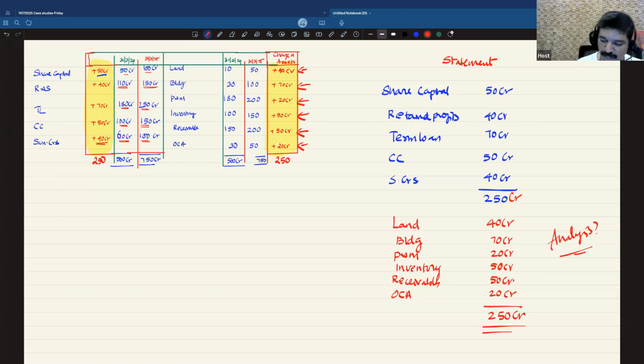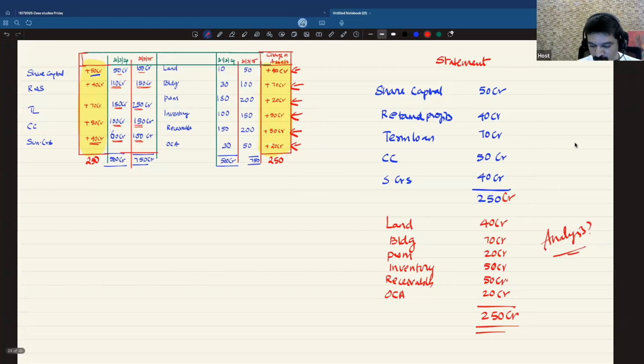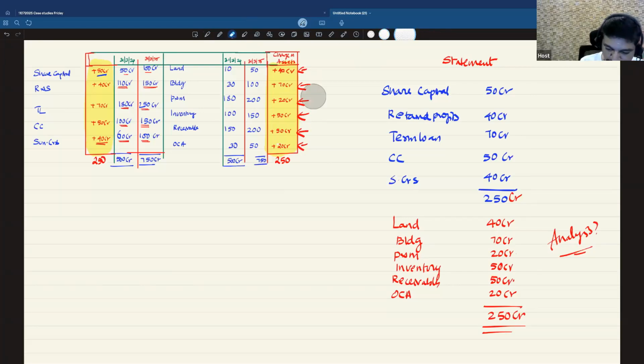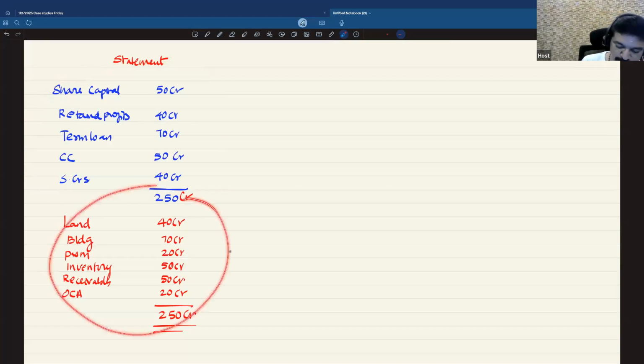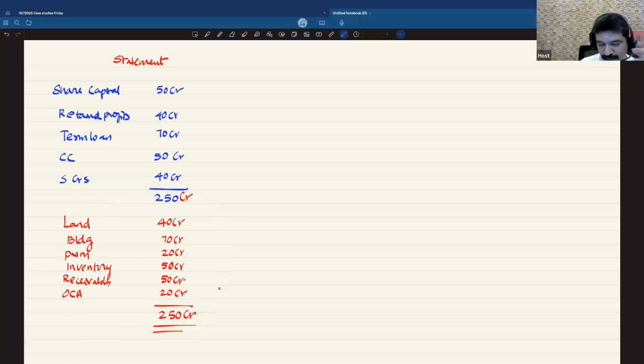If you want to really do some analysis, you have to slightly alter the structure. What alteration? Let me just clear this. Listen. Here, funds have come from multiple sources and funds have been used for multiple uses. What we have done is we have put all the eggs into one basket. We have put all the funds together and we are saying 250 crore had come, and all of it has been utilized. But that's not the right approach if you want to do an effective fund flow analysis.